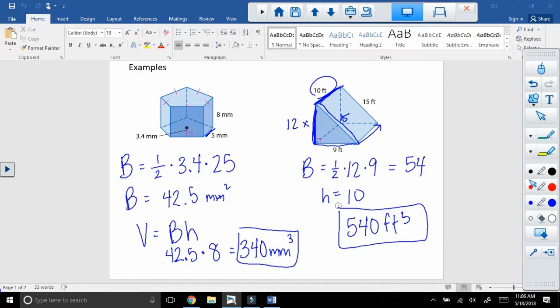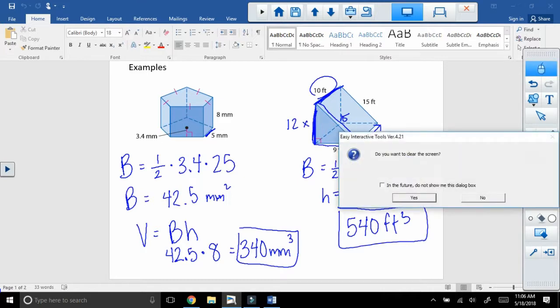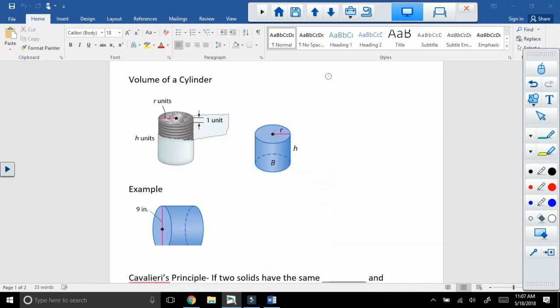Good so far? Again, if you can do surface area, this shouldn't be any harder because we're still finding area of the base. It's even like a little less steps than surface area. So the formula for this is exactly the same. The area of the base times the height. Except now, what shape is the base? The circle. So area of a circle is pi r squared times the height of the prism,